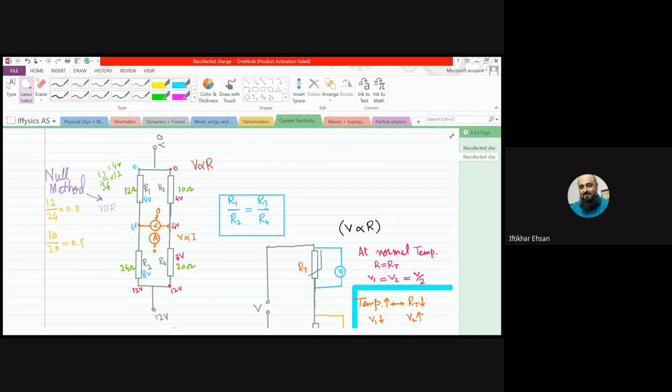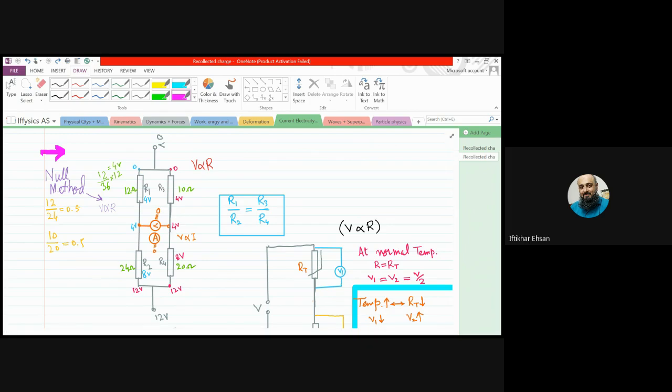But now here the scenario is we have two resistors in series, and one of them is 10 ohm and the other is 20. Similarly, on the other side, the two resistors are 12 and 24. And the most important thing: if there is a voltmeter or ammeter connected here, both will give zero reading, null. Beta, it is one of the important questions, called null methods.